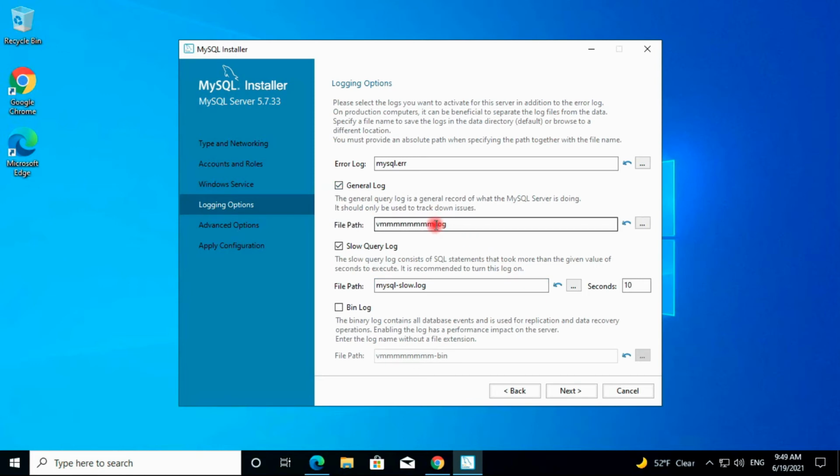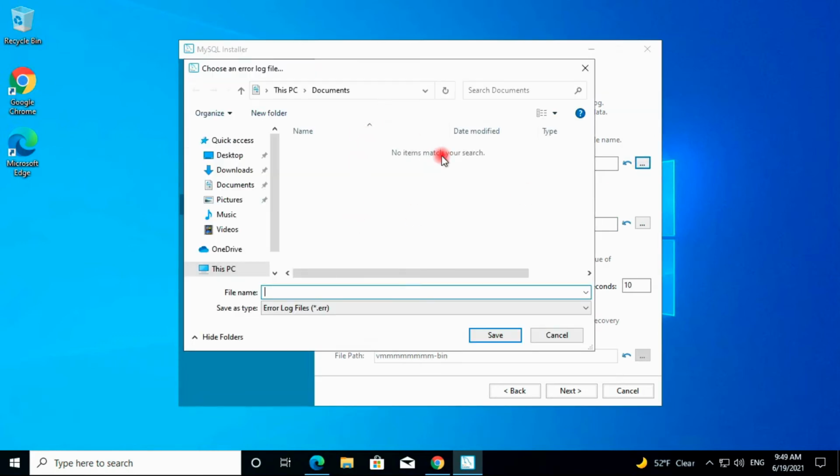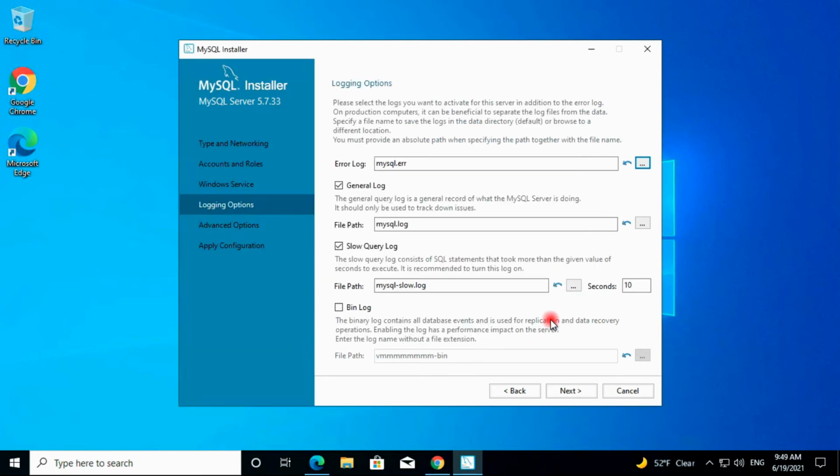This one also you can put as MySQL log. Okay, and also you can choose where you want to store this log. So I am putting default, but you can select some other path where you want to store the MySQL log. Okay, but I am going with the default one.